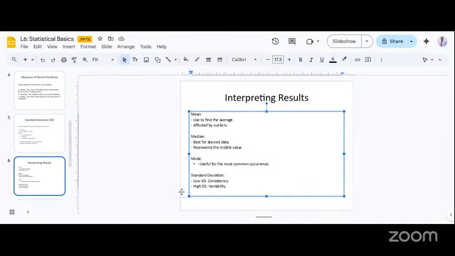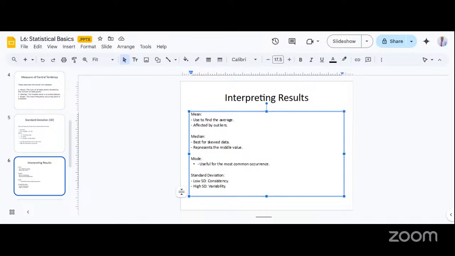Then standard deviation. Standard deviation gives you an interpretation, or tells you a story, regarding the performance of the measures of central tendency. Like I said, if after calculating your standard deviation you see that you have a low standard deviation, it means that the differences in the numbers are very consistent. The difference of all the numbers in respect to the mean, or the central tendency, is very consistent. Consistent means that it doesn't change. It's in a range that is very closely linked, so there is not much variation between all the numbers.